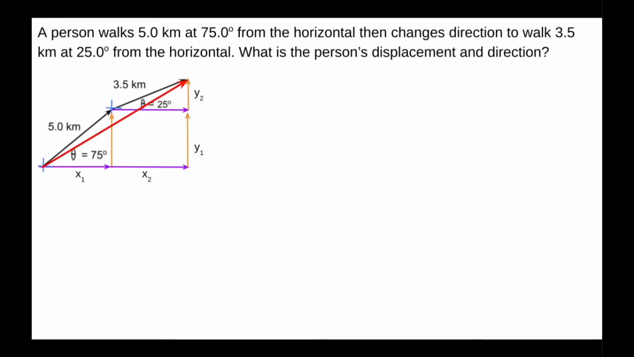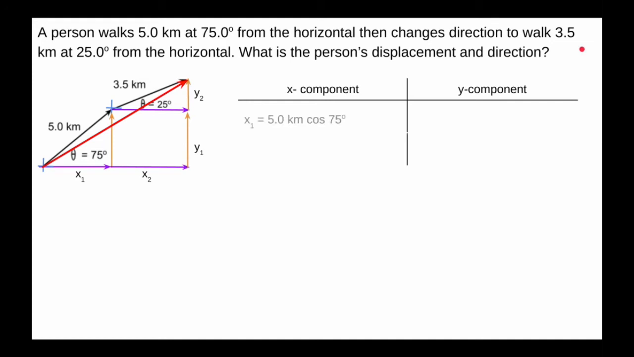Now, here's what I tell my students. To add these vectors, build a table, x component and y component. We take x1 and we write the math for it. That triangle has a hypotenuse 5 kilometers, so that'll be times cosine 75, which will give us 1.3 kilometers. So that's the distance for the x1 component. We do the same thing for the y1 component. We take the 5 kilometers times sine, the opposite side of the triangle, and that will give us 4.8